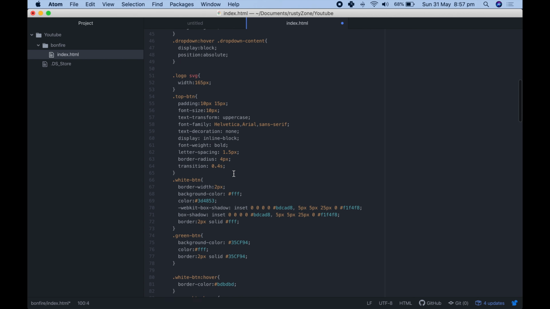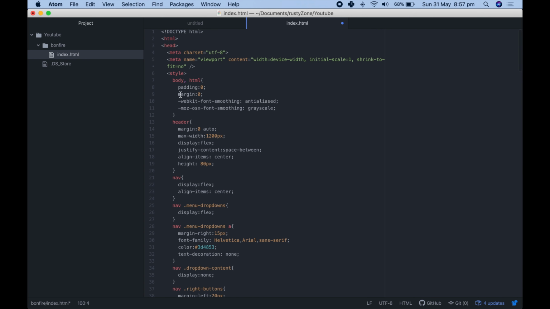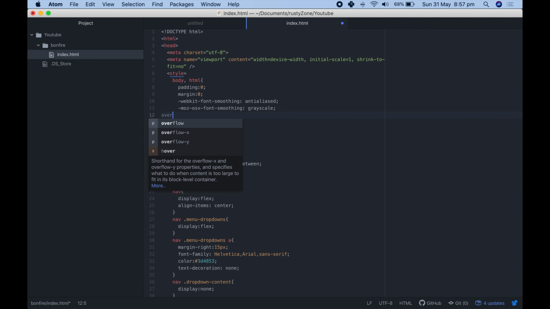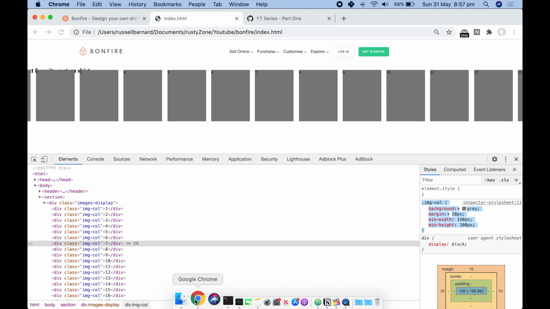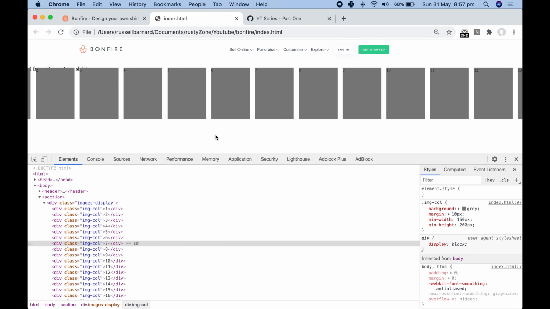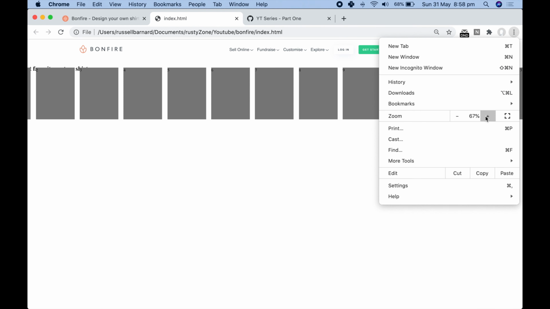And then up here in the header and body, we're going to say overflow X hidden. So this makes sure that any horizontal overflow doesn't allow the user to scroll. So if we refresh this, we can see now you can't scroll. I'm trying to scroll across the page and it won't let me. So if we zoom back into 100%,